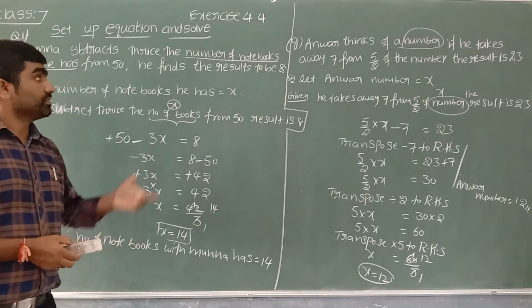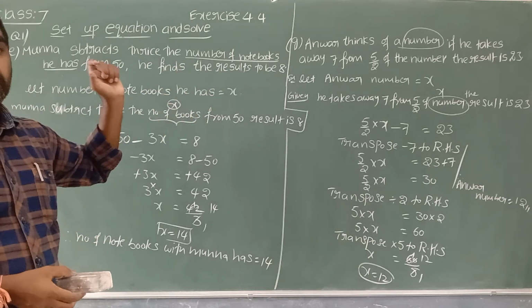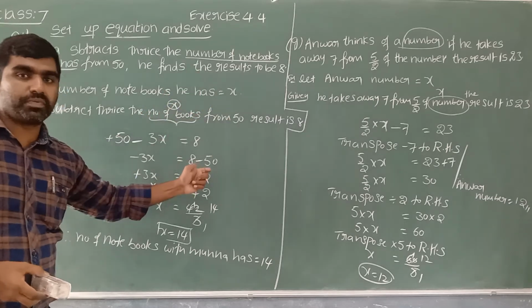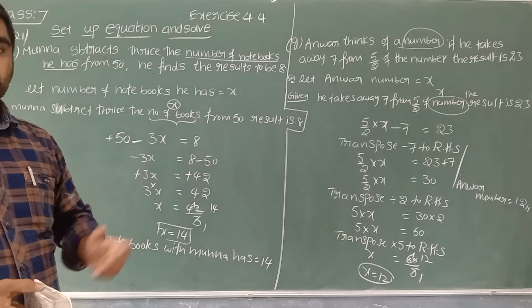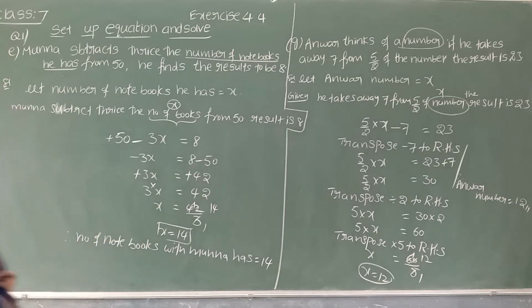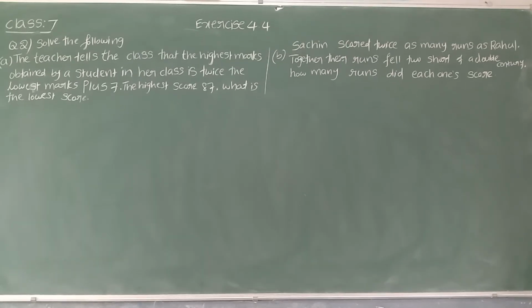Simple concept. Just read the situation and identify the unknown value. Express that unknown value with the help of a variable. Then form a simple equation. Then you can solve that simple equation by using any one of those three methods. Okay, children, we will see some more examples based on the simple equation concept.